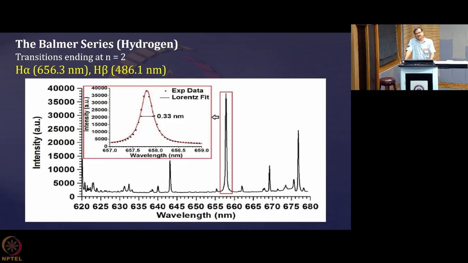So in this case, the peak has to be at 656.3 nanometer, and you are seeing that it is not there. So exactly where it is occurring, you note that, and where it should appear, you know already. So the difference is the shift of the instrument itself. So you have to subtract that amount for all wavelengths to exactly mark the wavelength of the lines that you have captured.